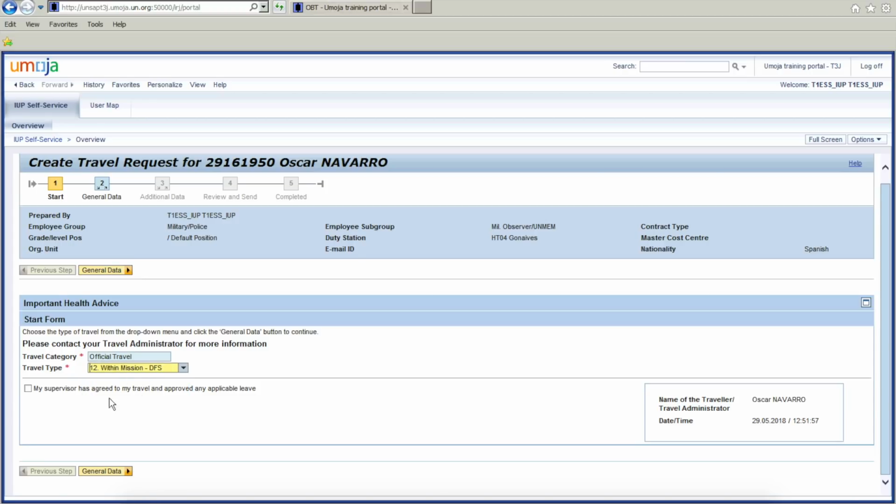The next thing we will do on this screen is click on the checkbox here, which reads, My supervisor has agreed to my travel and approved any applicable leave. Make sure that is checked, as an IUP should have discussed with his or her supervisor offline, which means out of Umoja, before submitting the travel request. Once you have selected your travel type and clicked on the checkmark, you are okay to now click on the